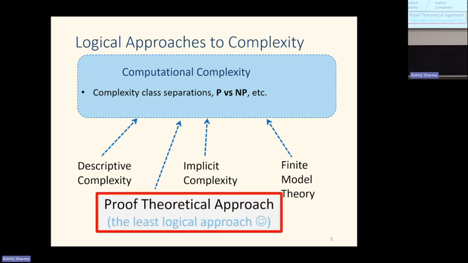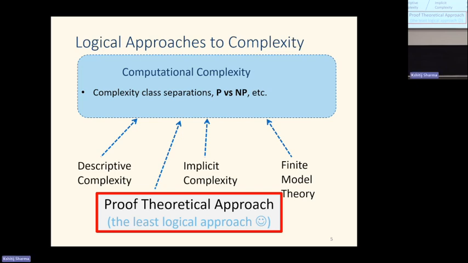And then there is the proof theoretical approach, which, actually, I think, is the least logical one. And I'll show you some examples of how it is actually reduced to very concrete combinatorial and algebraic problems, while I'm not certain that the other approaches are. So